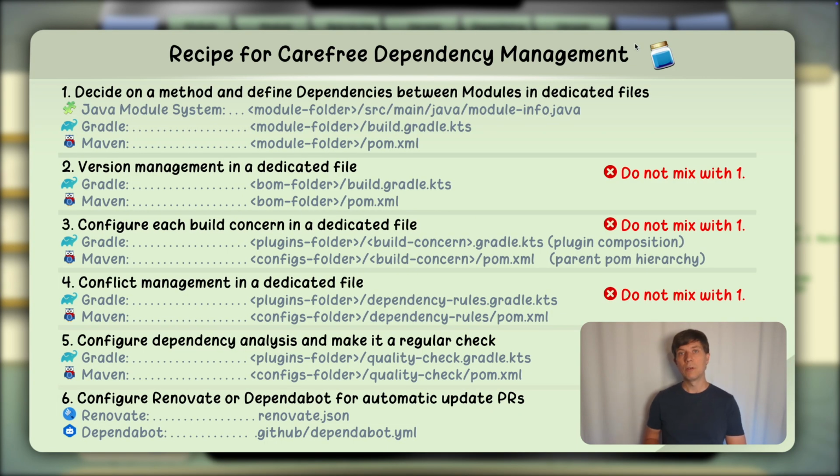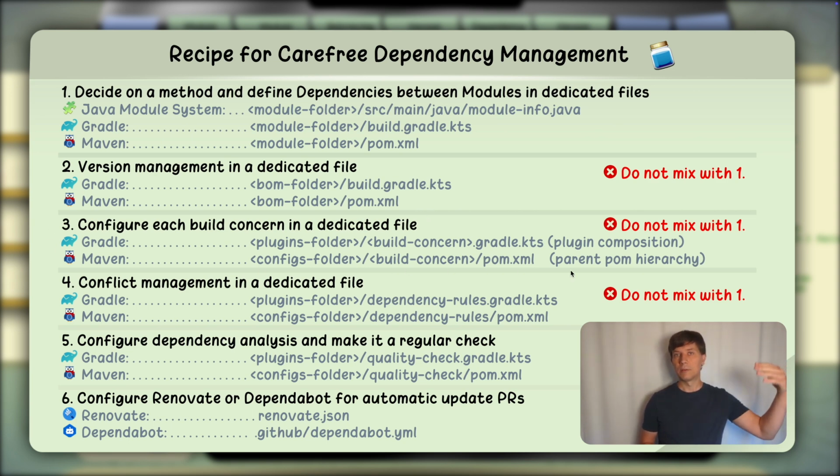In summary, what we see is that we can have a separate dedicated file for versions in Gradle or in Maven. So no matter which build tool we use, or if we use the module system or not, we have the version information centralized. We have, for one, separated it from the dependency declaration and can declare dependencies to a module in multiple places without repeating the version. And we have a consistent setup where we know where to find our versions, which makes it easier to manage them and update them regularly. The topic of regular updates is also one item we'll talk about in one of the next videos.